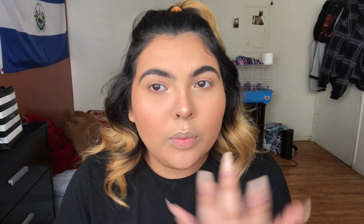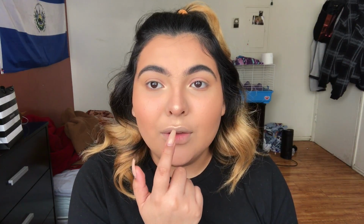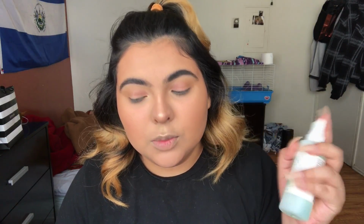Okay, so I just went ahead and applied the highlighter. This is it wet. I hope you guys can really see, like, in person it's literally gleaming. It's kind of a little bit insane, but this was with my finger, and I got this, and this is it with the Badescu spray. So yeah, really bomb. What I do just to really wake myself up and open up my eyes,